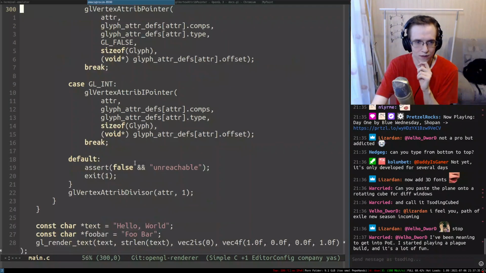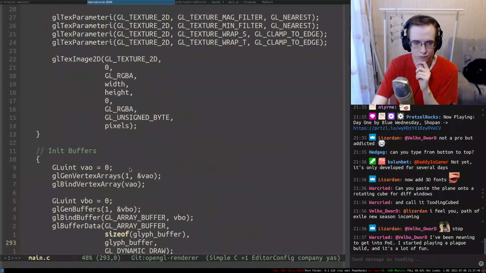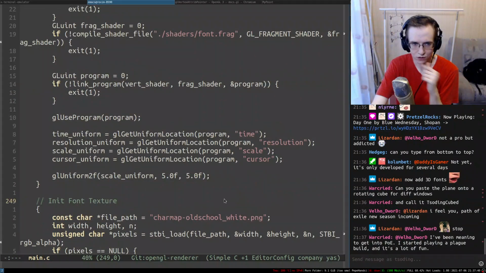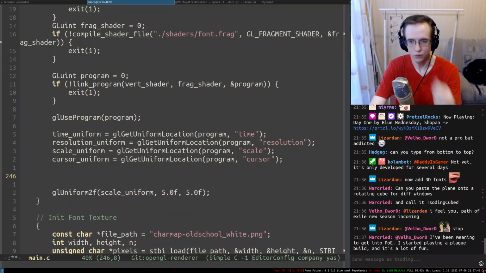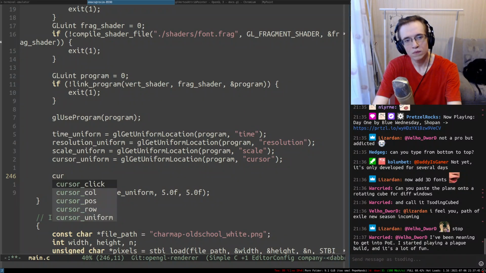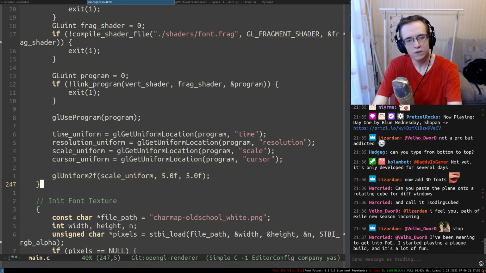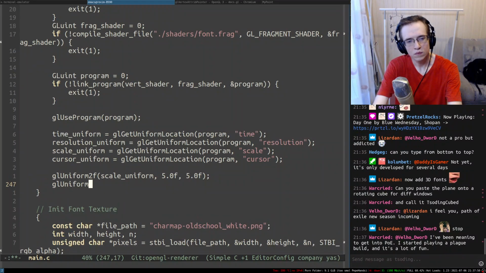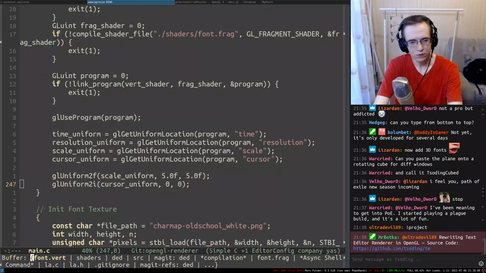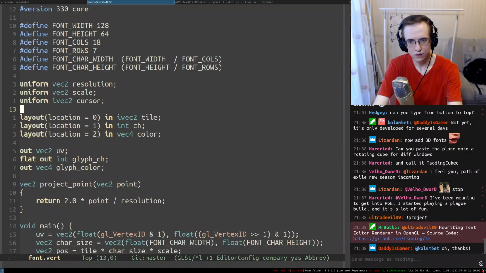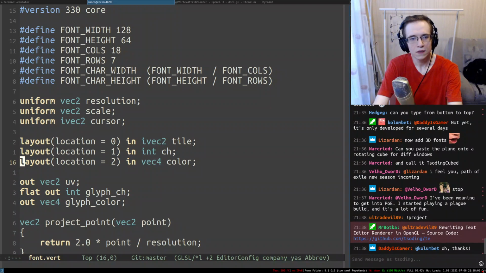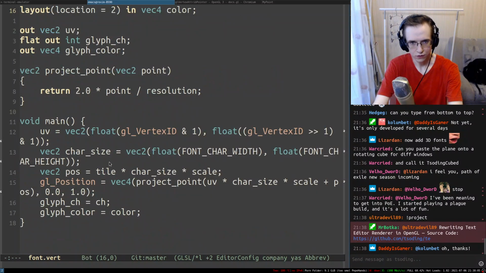Alright, and I can set the cursor to... Let's actually set it to something. Cursor uniform, I think it's going to be 2i. Cursor uniform 0, 0. There we go. And now what we need to do in here is essentially knowing the cursor.